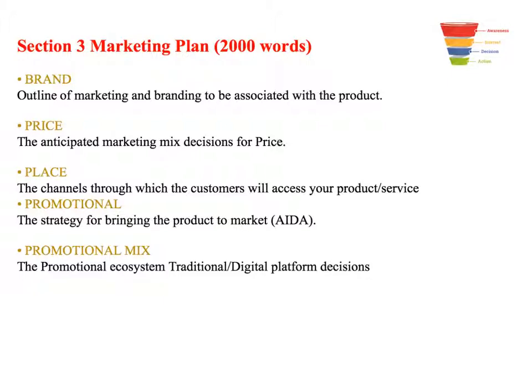Because you've identified the target market, you've identified the large numbers or the niche numbers. I'm specifically in this section wanting to know how you are actually going to activate and drive that sales process and drive people through that sales funnel that we've been talking about. So the subsections I'm looking for in the marketing plan are an outline of your brand, and again link that back to your core values, justify what your organization is, give examples of how you've constructed your brand, what your brand story is, and what brand messages you are anticipating that will resonate with the customers.